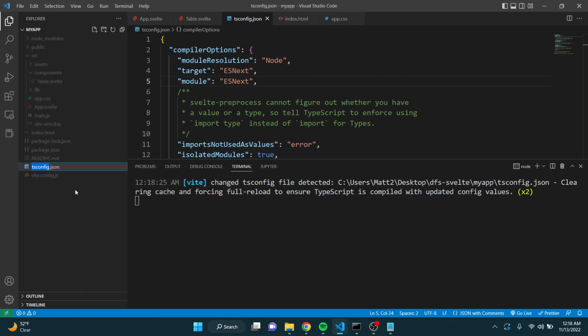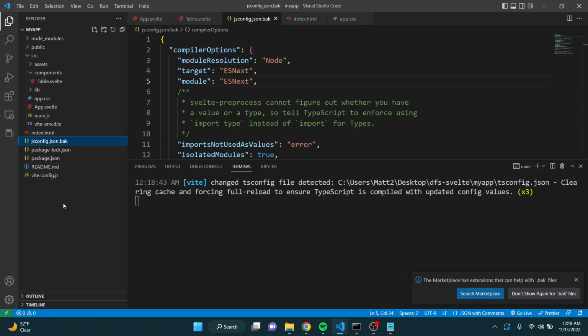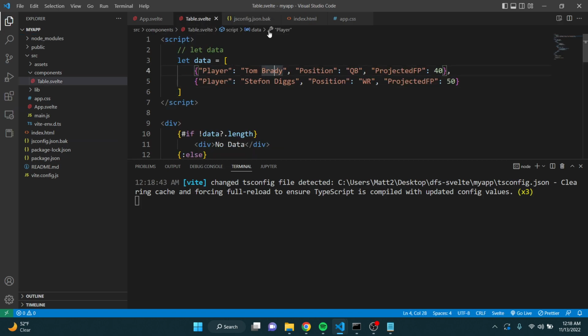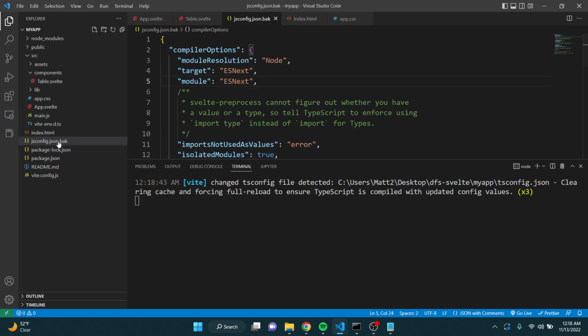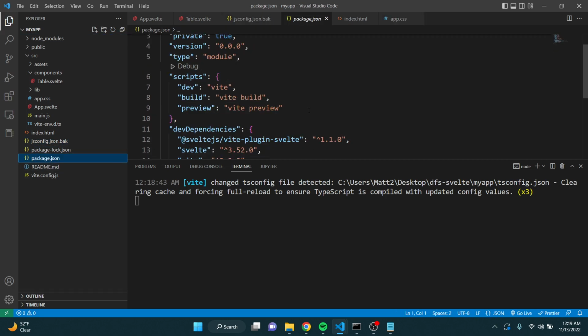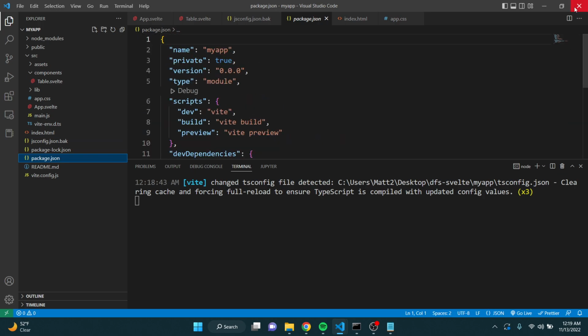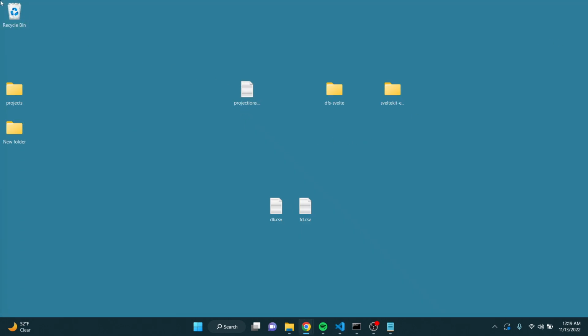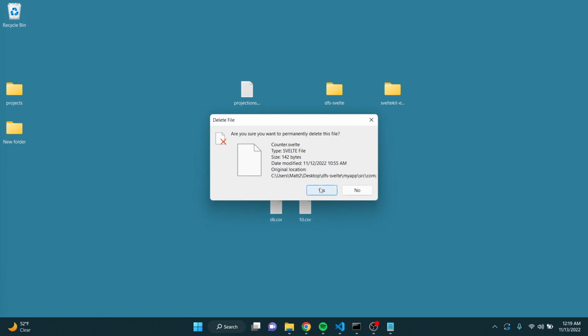I'm actually gonna change this back to jsconfig, and then I'm gonna put backup. Is it still looking at that file name? Like, is it still reading this as a jsconfig? I don't know. But what I will do is grab